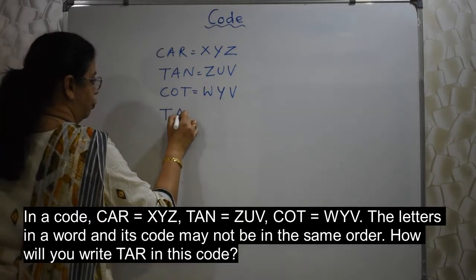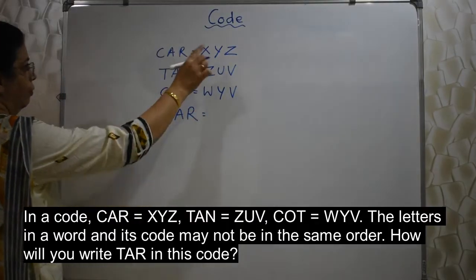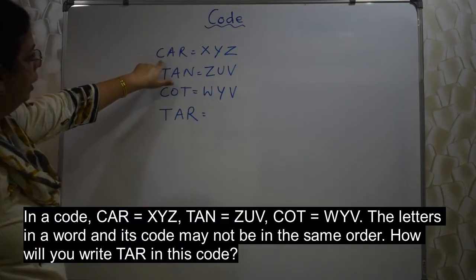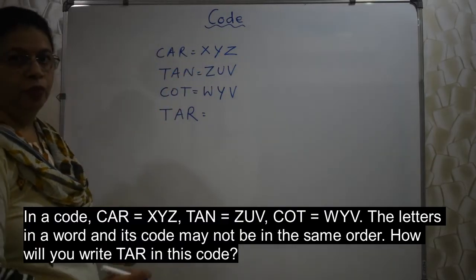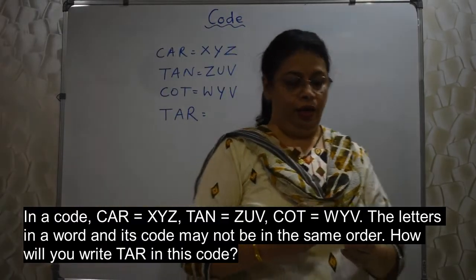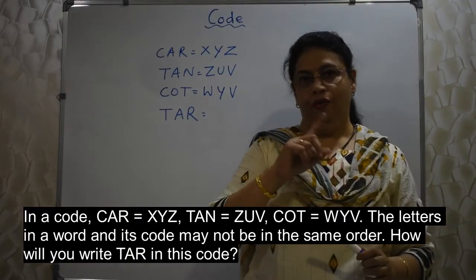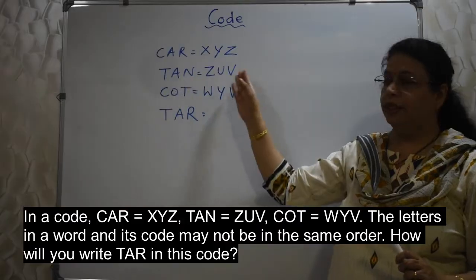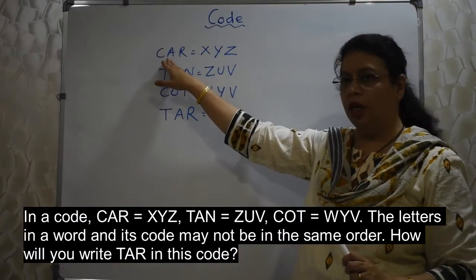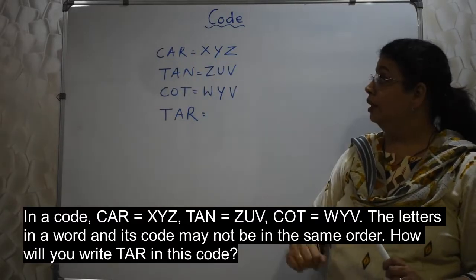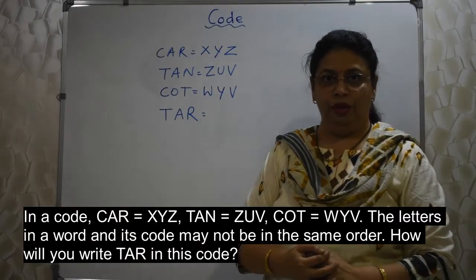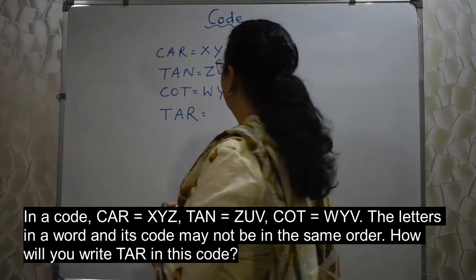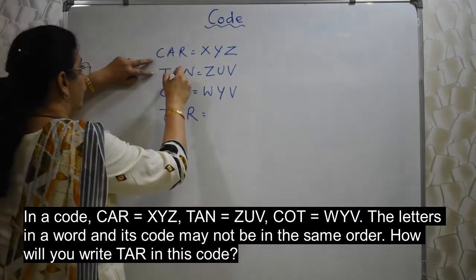This. First we need to find out the code language. Now here letters are totally different. So we cannot apply the rule which we used in the previous example, right? Because here the letters are totally different in the original language and the code language. Then what? Another method number 2. Find out the common ones. Okay, what is common in these two?